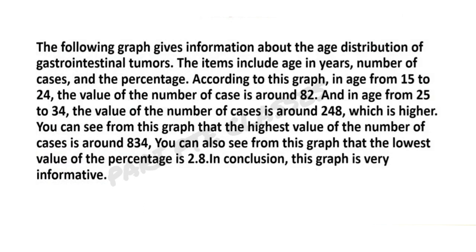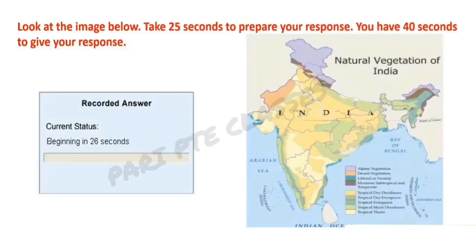The following graph gives information about the age distribution of gastrointestinal tumors. The items include age in years, number of cases, and the percentage. According to this graph, in age from 15 to 24, the number of cases is around 82, and in age from 25 to 34, the number of cases is around 248, which is higher. You can see from this graph that the highest number of cases is around 834. You can also see from this graph that the lower